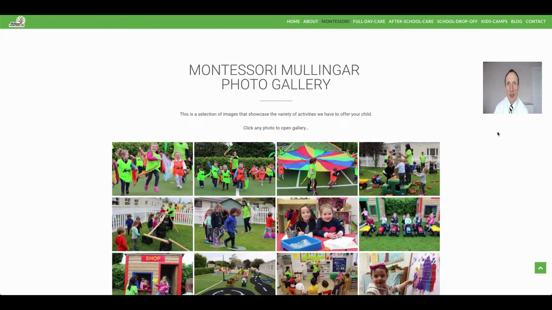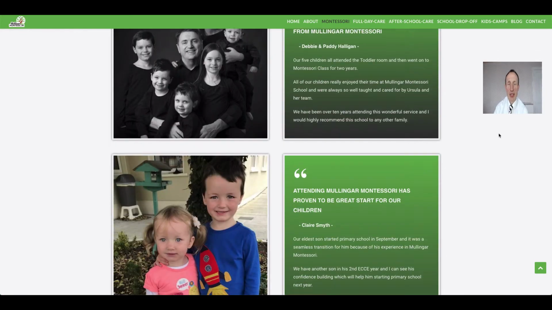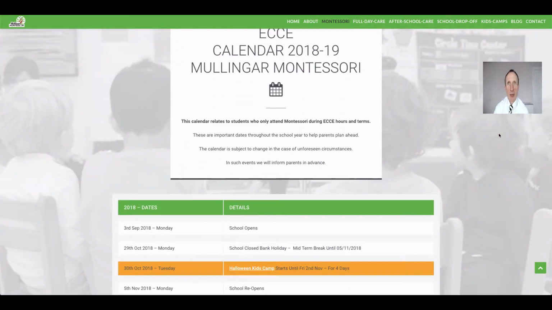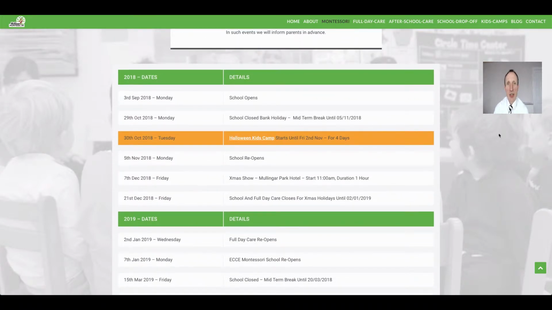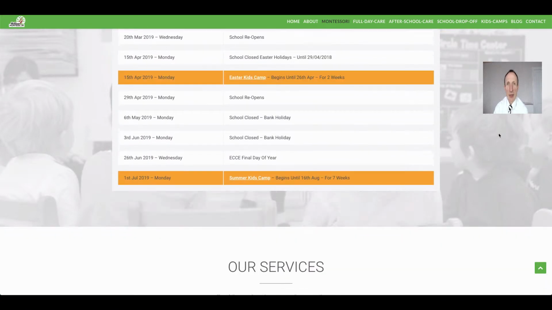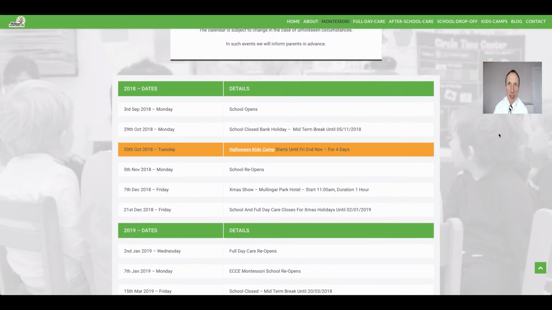Similar type layout. We provide photos, we provide daily plans which vary from page to page, and testimonials, and this call to action then. Here we have a calendar for the ECC year, so that you're not having to constantly answer the same queries,